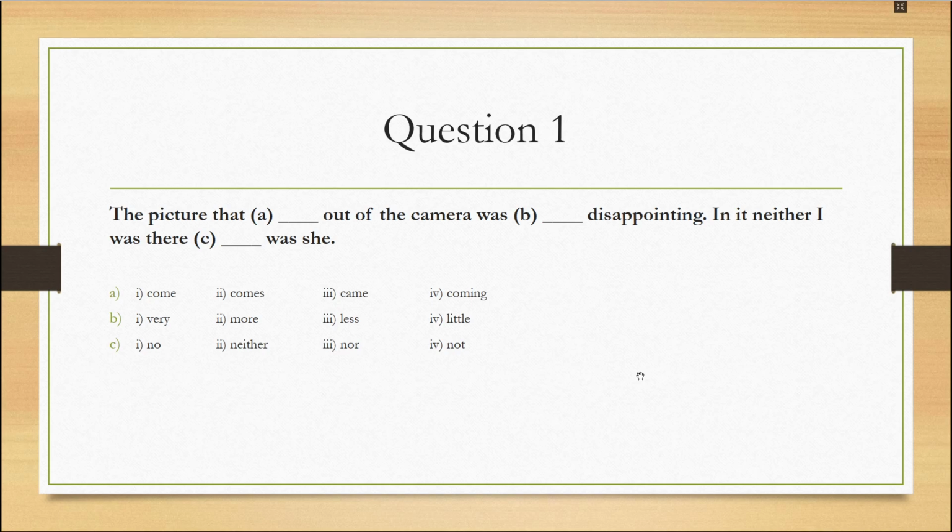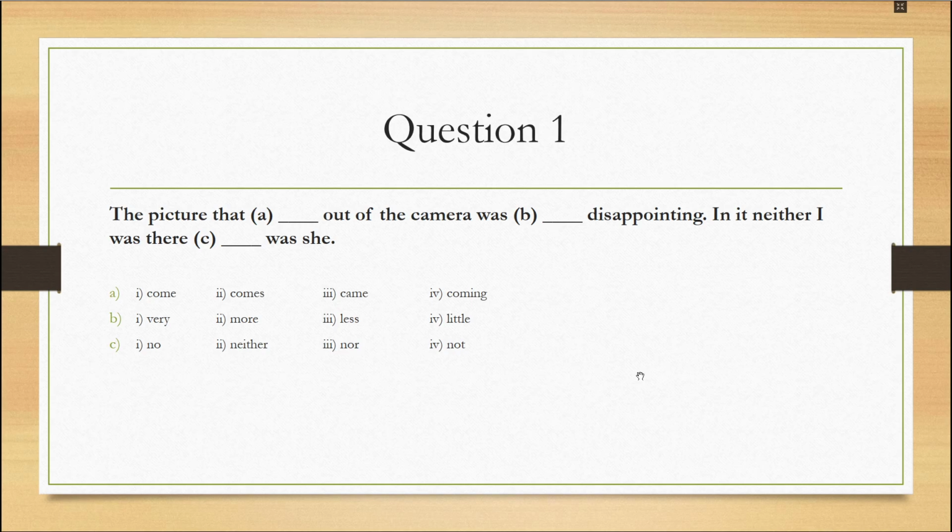This is the little paragraph. Let's start doing. The very first line, you see four options there: come, comes, came, coming. Now which option is to fill? If you read the second part of the sentence, that is, out of the camera was, so this was a helping verb, and a helping verb is very helpful for us to fill the gap, because was is letting us know that the paragraph is written in past tense. So that is why we have to go with the same tense.